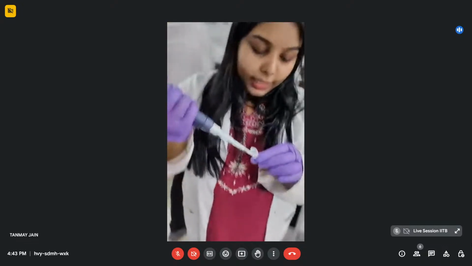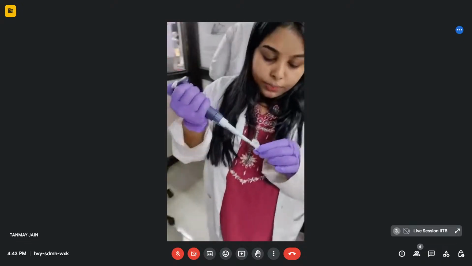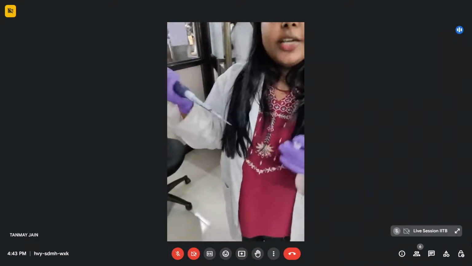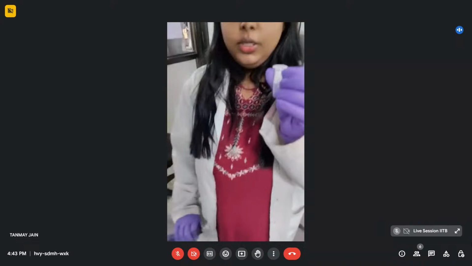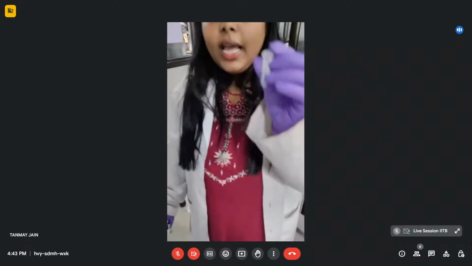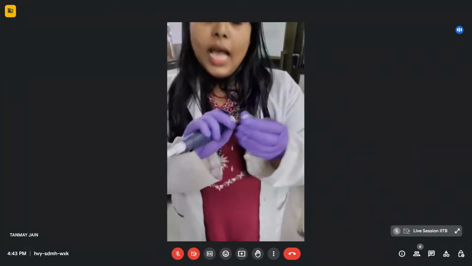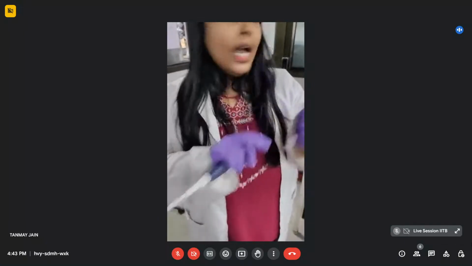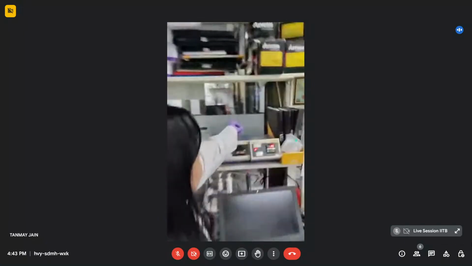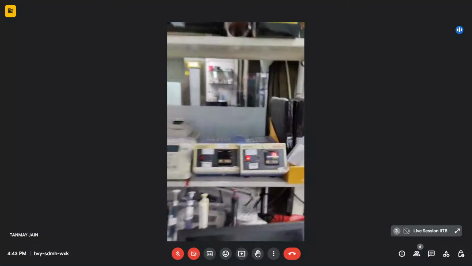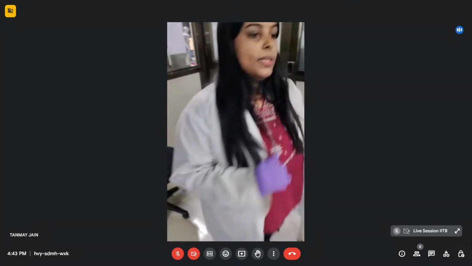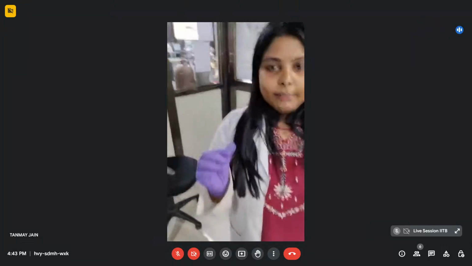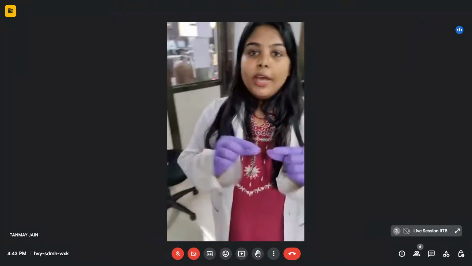So, we'll keep adding the digestion buffer and check the pH with a pH strip or something like that until it comes to pH 8. Then we'll add trypsin onto it and incubate overnight at 37 degrees Celsius for the proper in-solution digestion. For the in-gel digestion, the step will be a little bit different, where we have the